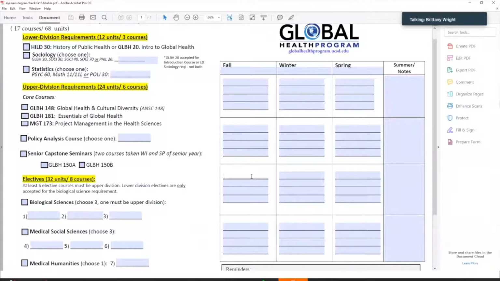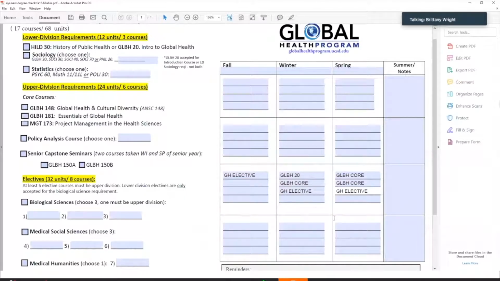you're planning to complete your courses this year, so maybe you're going to take global health elective in fall, and you're going to take global health 20 in winter, and global health core in spring. So the core is the 148 or the 181 or the 173. So kind of just plan it out for your future courses